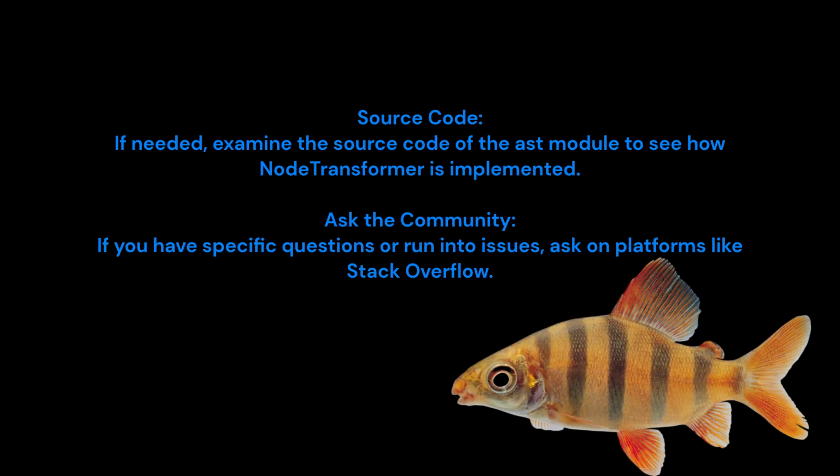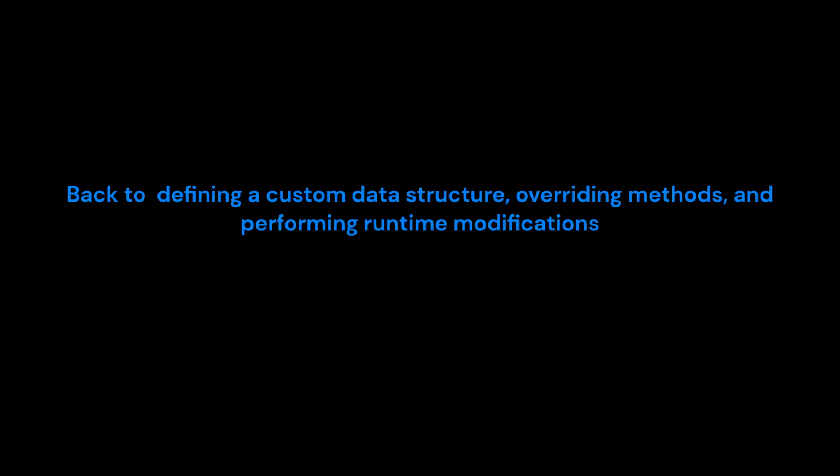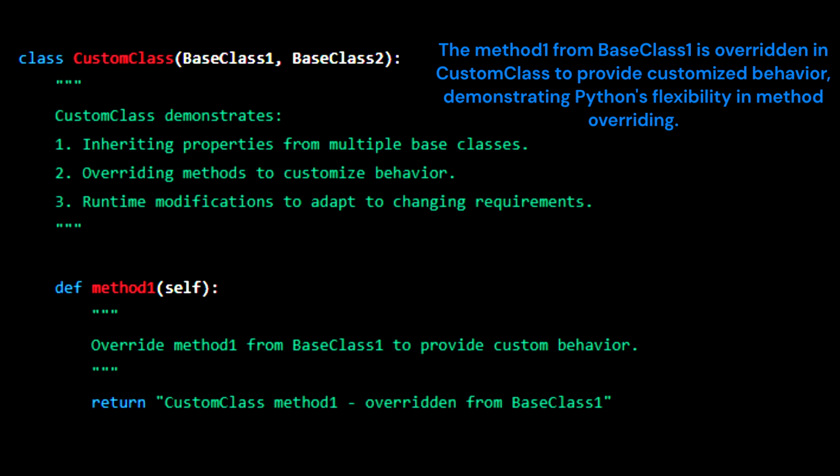Source code. If needed, examine the source code of the AST module to see how NodeTransformer is implemented. Ask the community. If you have specific questions or run into issues, ask on platforms like Stack Overflow. Back to defining a custom data structure, overriding methods, and performing runtime modifications. The method1 from BaseClass1 is overridden in CustomClass to provide customized behavior, demonstrating Python's flexibility in